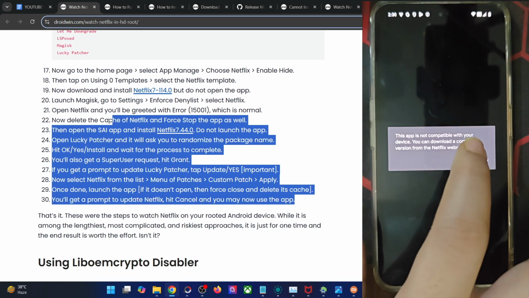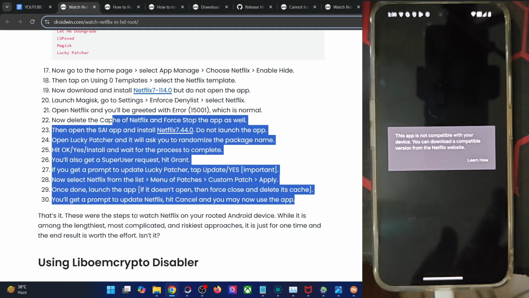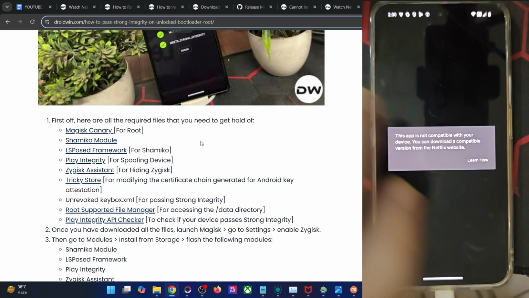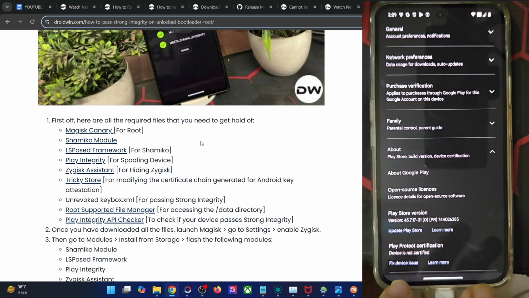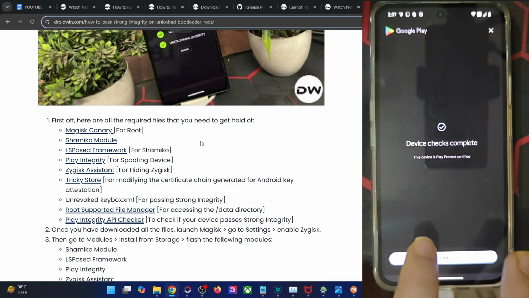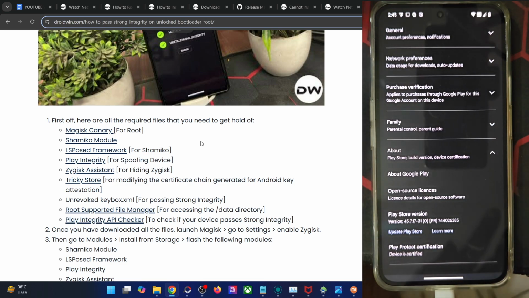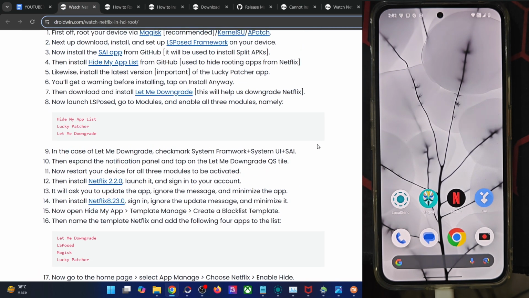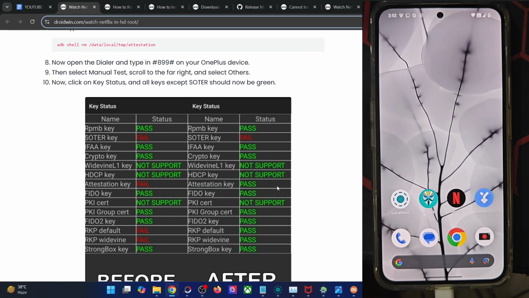Again, I am repeating, if you are getting this message, then you have to certify your phone. So flash all the 5 modules, and after that do a restart and enable Zygisk as well. Then tap on fix device issue, and after that your device will be passing the test, and then you could install Netflix easily. Apart from that, let me show you how to get this job done on the OnePlus phone as well, because I want to show you these statuses on my OnePlus phone. So let's get started for that as well.